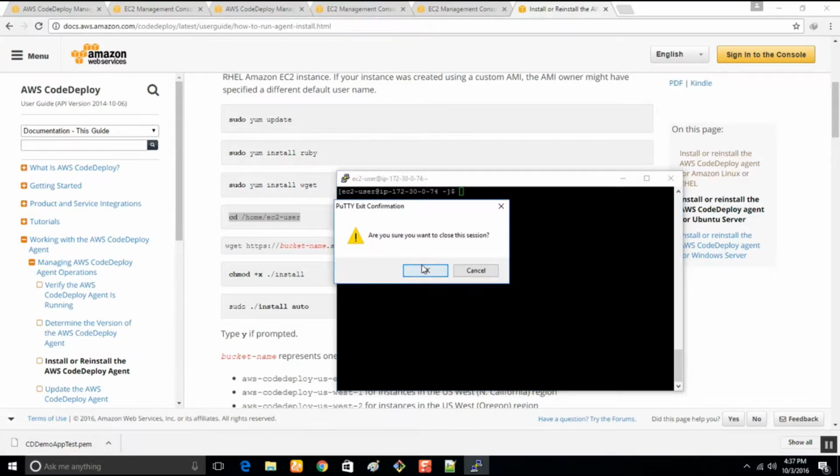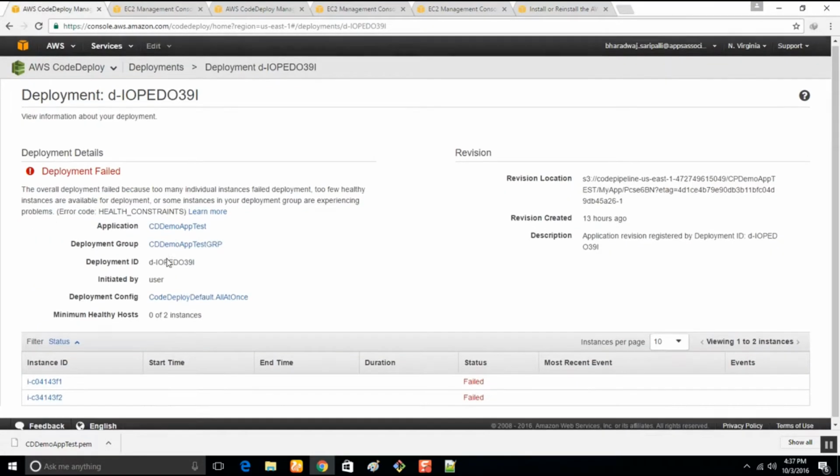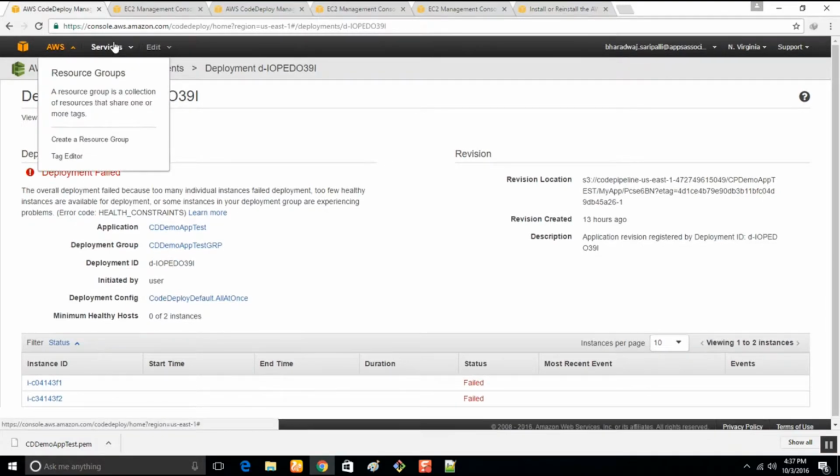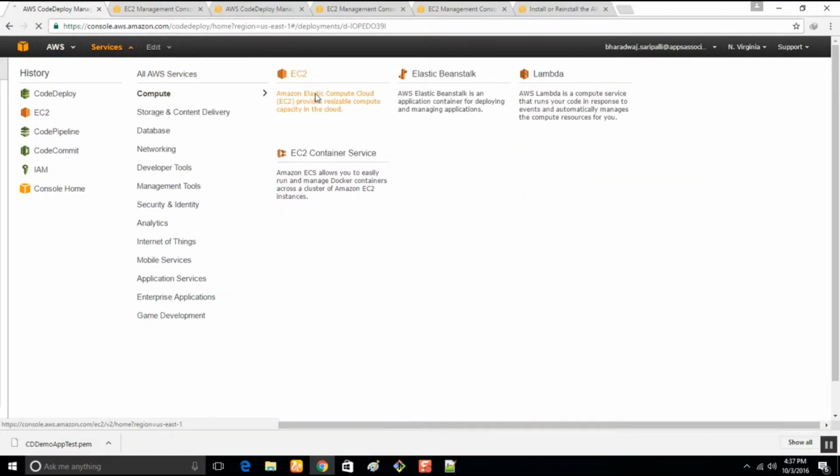I'll exit out. Okay, CodeDeploy, compute, EC2.